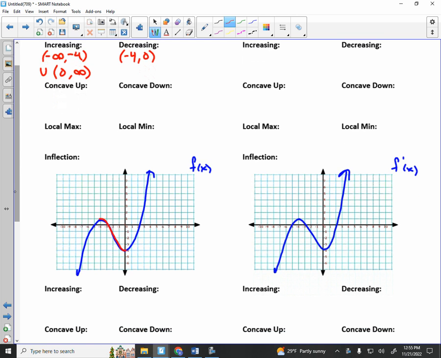And now, I'm going to skip the concavity. I'm going to move to local min and local max. I can see where the local max occurs. What is the coordinate for the local max? Negative 4, positive 1, I have a local max. I have a local min that occurs at,